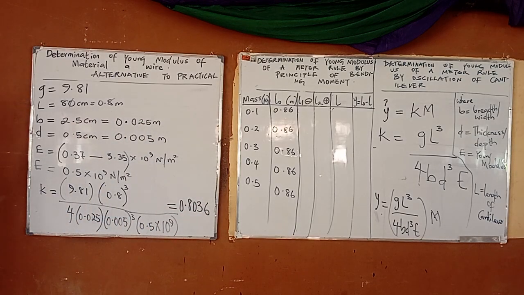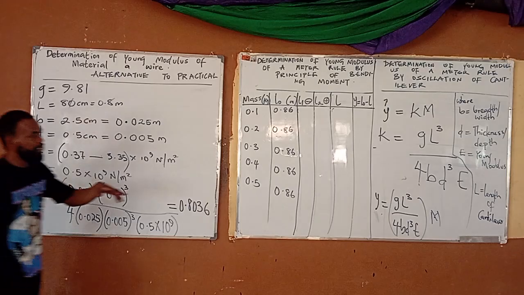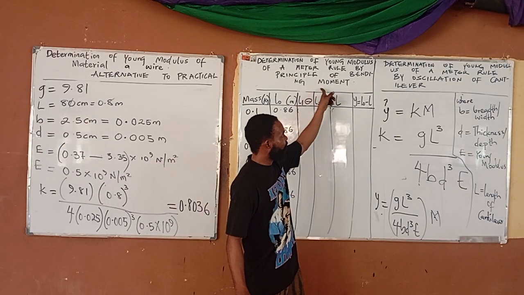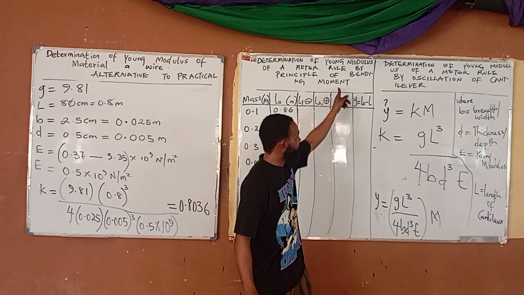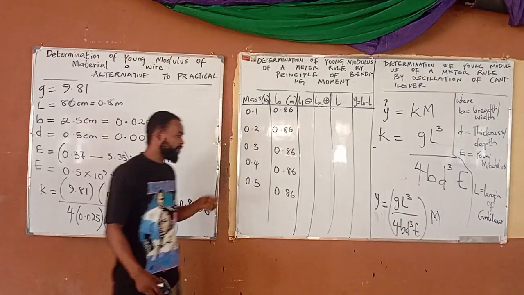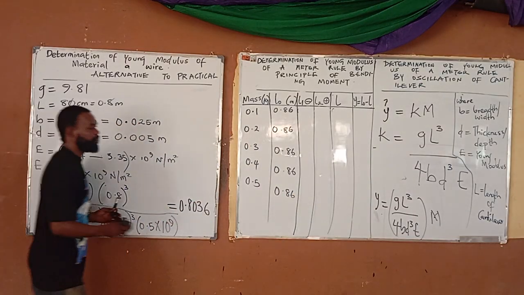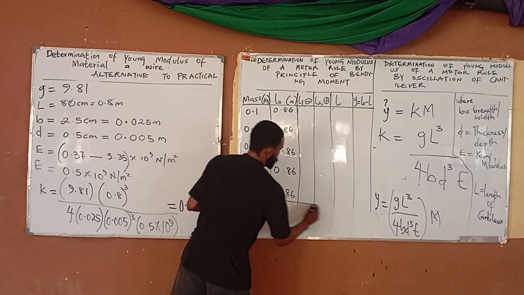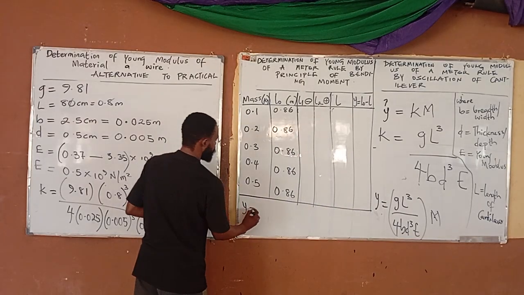Oh, yeah, now see something. This is K, Shebi, is it not? But remember that what we want to find is Y. And Y, we said, is given by, for anything bending moments or cantilever bending moment, principle of bending moment, this is our formula. When we get to oscillation of cantilever, I'll show you how the formula is. So if I know this, Y will now be equals to